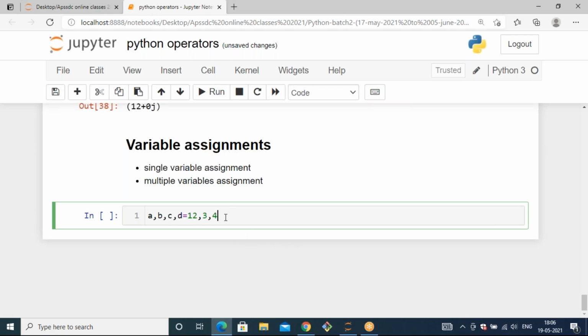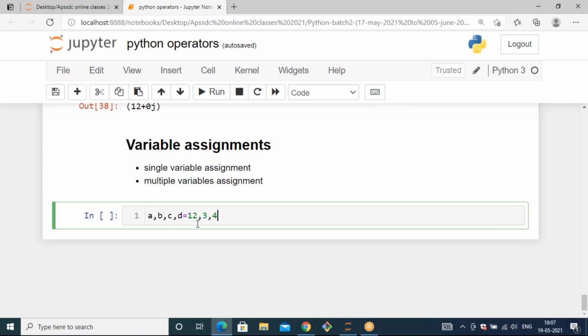When you see this, you should know that every variable is separated with a comma and the corresponding values are also separated with commas. When I type a, b, c, d, the total variables are 4 and the corresponding stored data is 3. When I run it, what is the value stored by d?